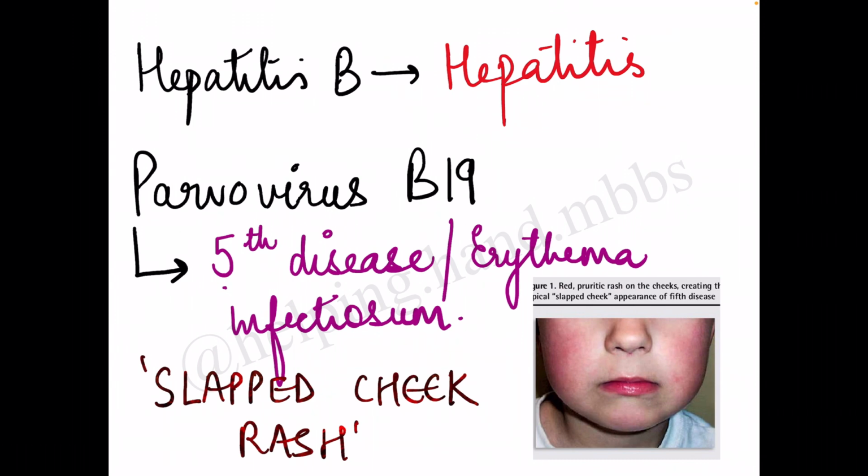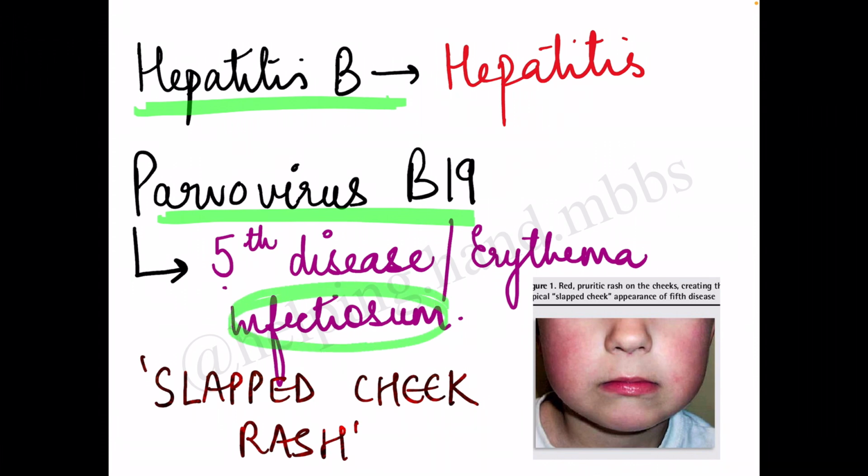Then I'm so sorry if the slide looks clumsy. I've tried to write it in a bigger font so that you can see it. So there are two families that I've written on this one slide: the Hepadnaviridae member hepatitis B and the Parvoviridae member parvovirus B19. Hepatitis B, as we all know, causes hepatitis, which itself is a very, very big topic. I will not go into even a single detail about it. Parvovirus B19 causes fifth disease or erythema infectiosum.